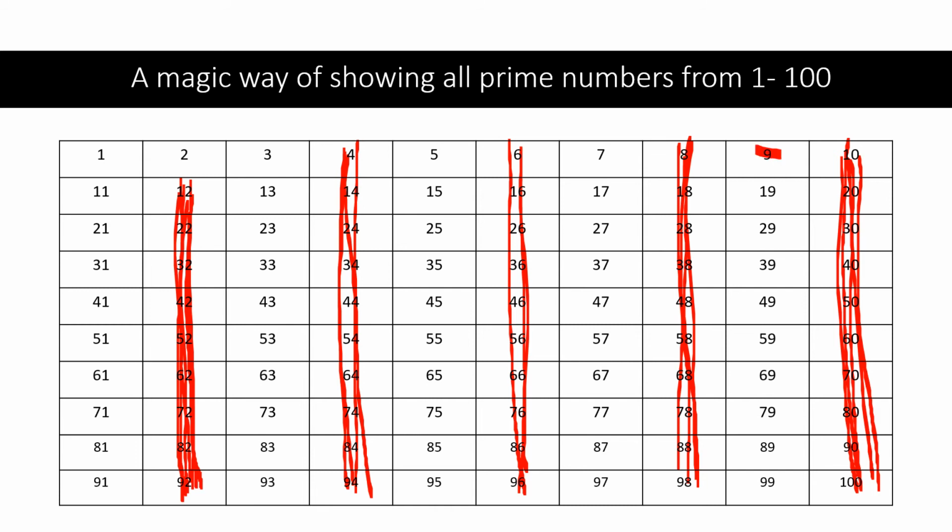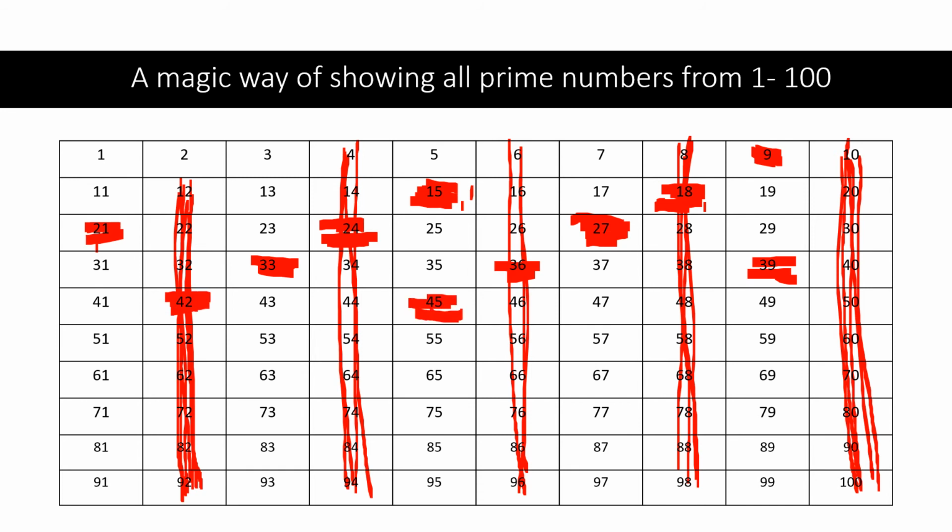Multiples of 3 means 9, then 15, some of them have already been colored, then 18, then 21, 24, 27, 30, then 33, then 36, 39, 42, 45, 48, 51, 54, 57, then 60, then 63, 66, 69,